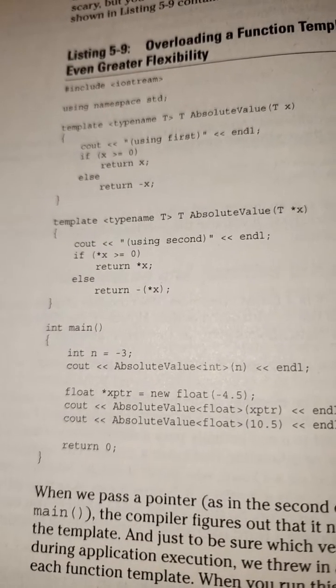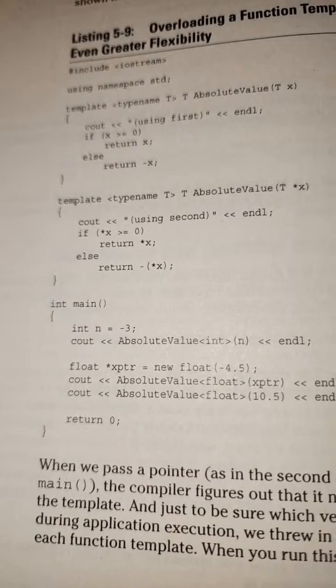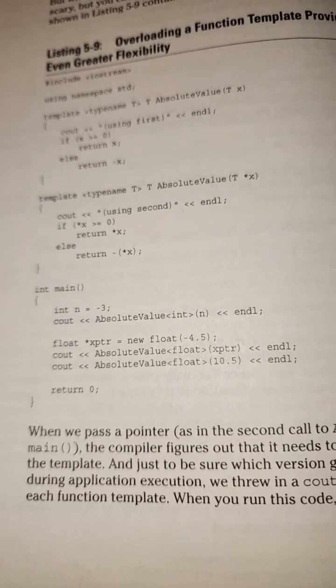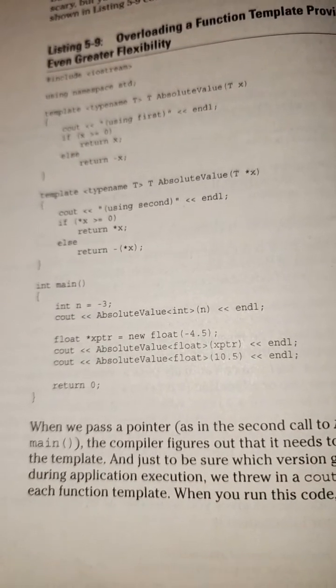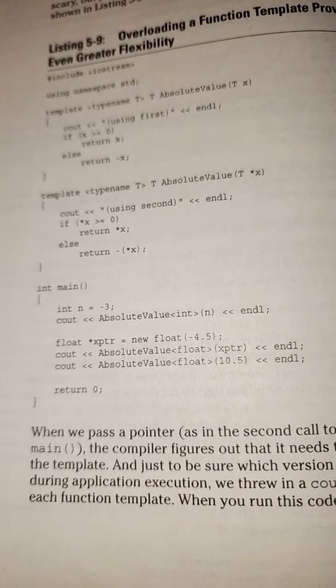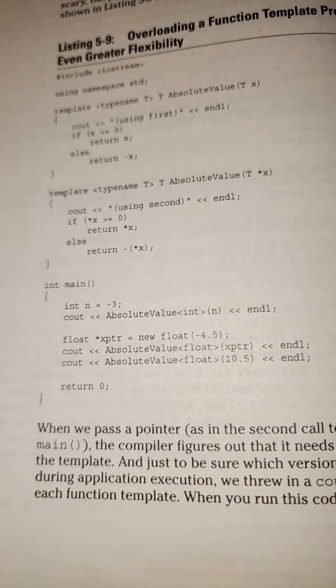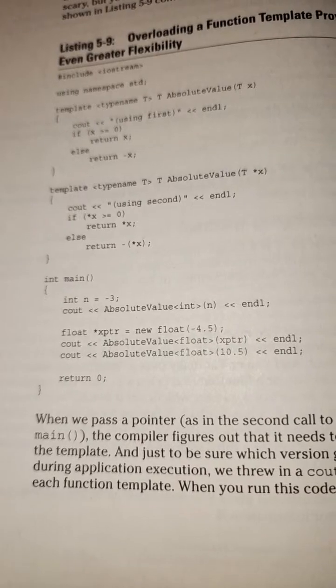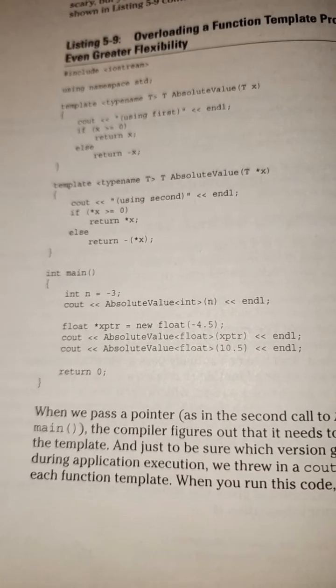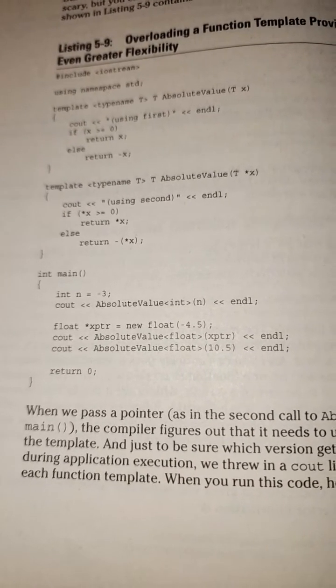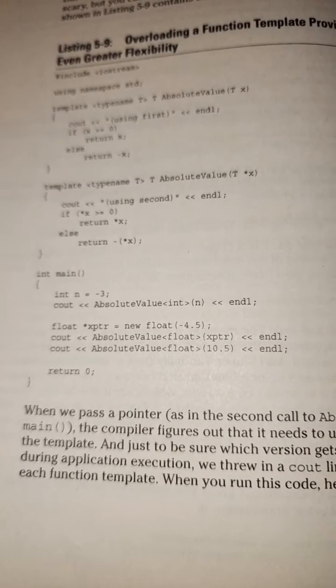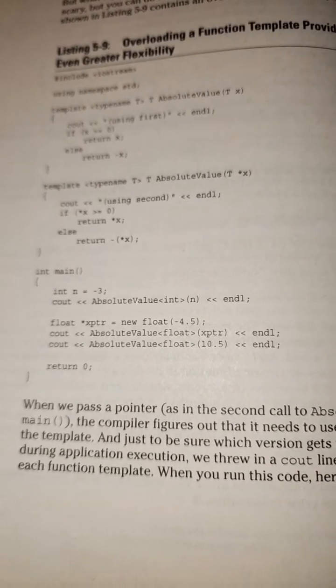int main() { int n = -3; cout << absolute value<int>(n) << endl; float* x pointer = new float(-4.5); cout << absolute value<float>(x pointer) << endl; cout << absolute value<float>(10.5) << endl; return 0; }